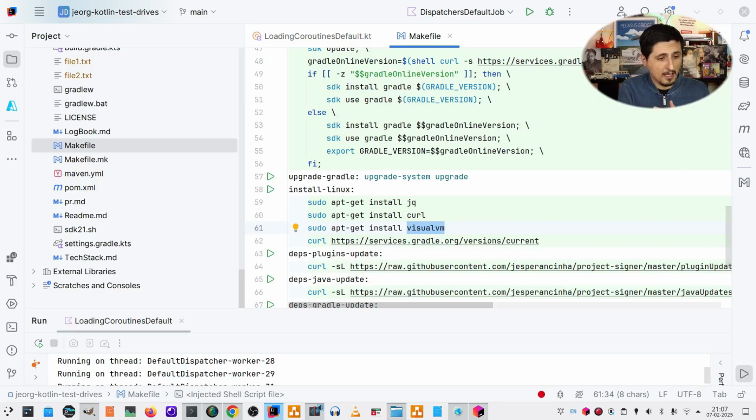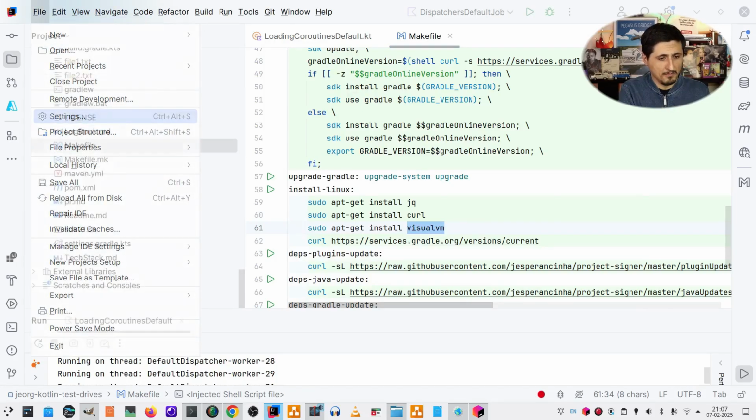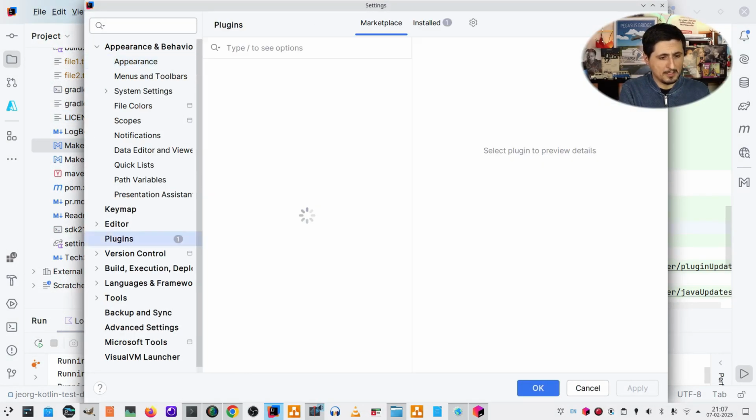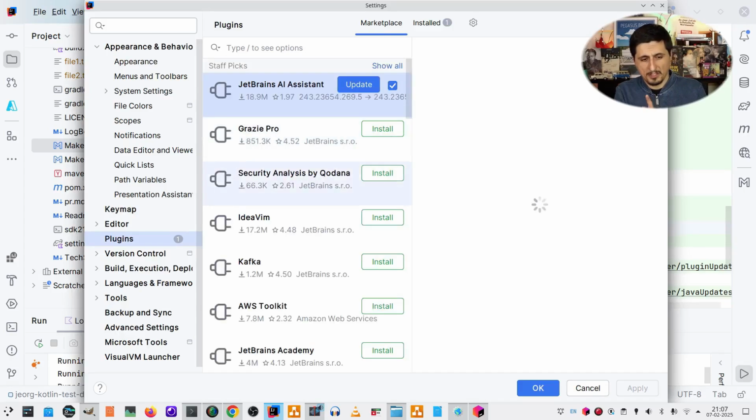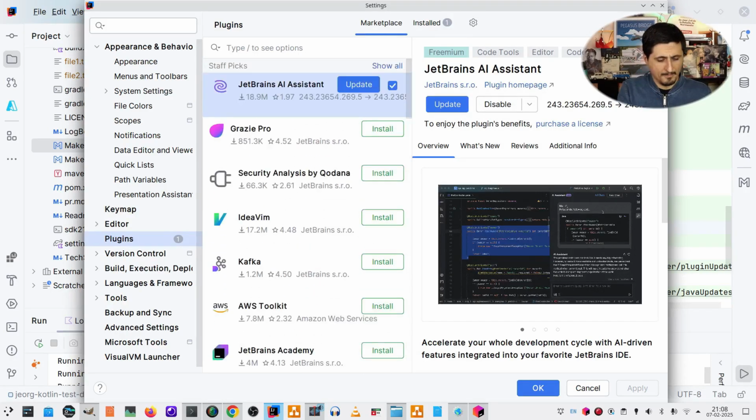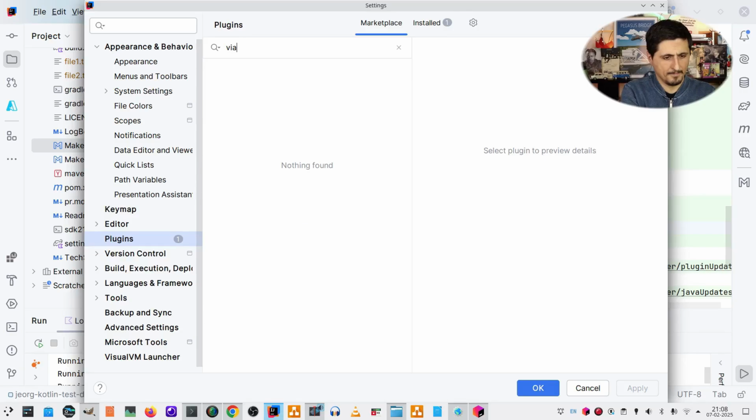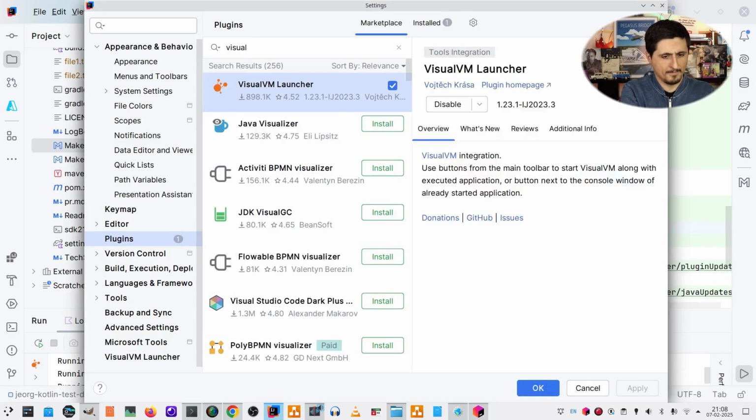There is a plugin for that, I can show you. I also have it installed on my machine, but if we go here to plugins, we can see one particular plugin, and this is this one. Visual VM Launcher by Wojtek Grasa. I hope I'm pronouncing that correctly, I'm not sure, but this is one plugin that you can use to connect your Visual VM Launcher with your IDE. It can be useful, but I use it from the command line. Anyways,